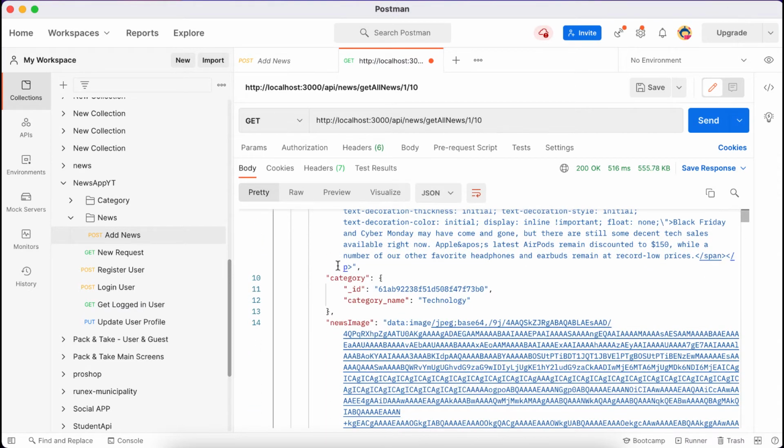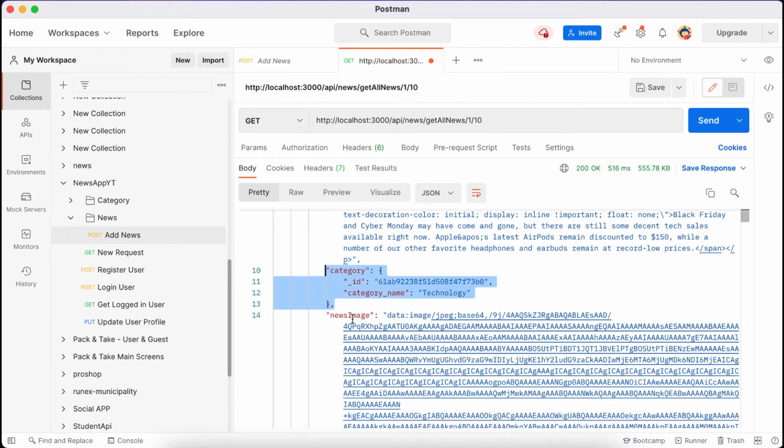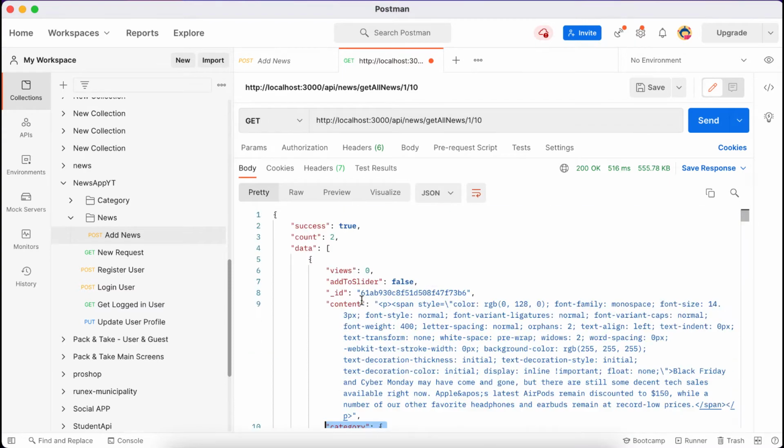So we learned 2 things, like how we populated the name using the category ID. Okay, so whatever is in that category schema, everything will be here. So we selected only the ID and the category name. Okay, fine. So now this is working fine, and the count is also coming 2.